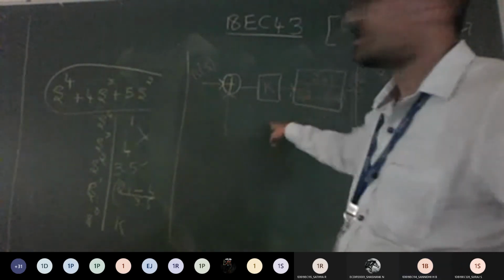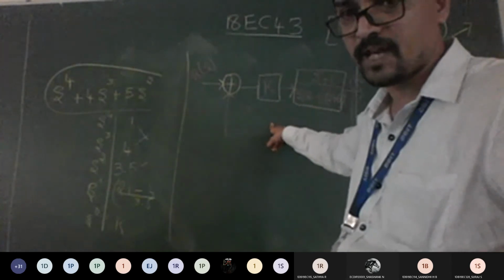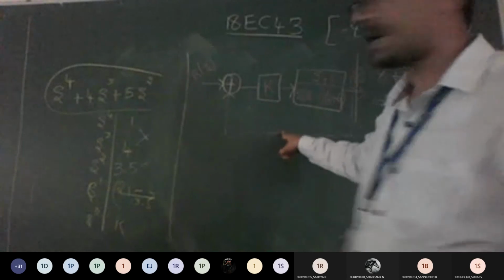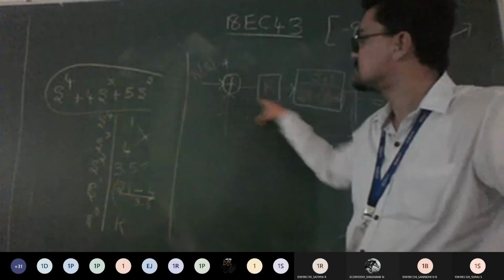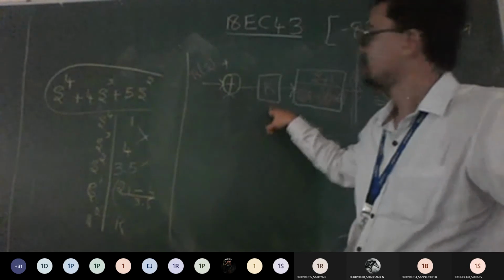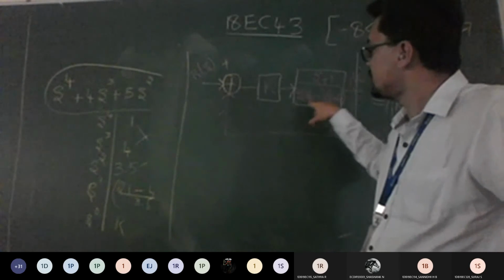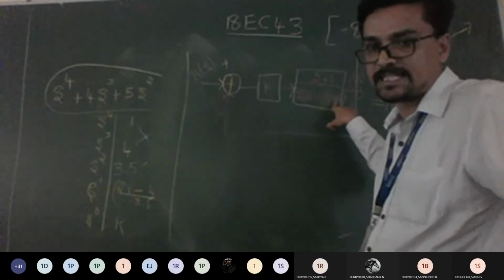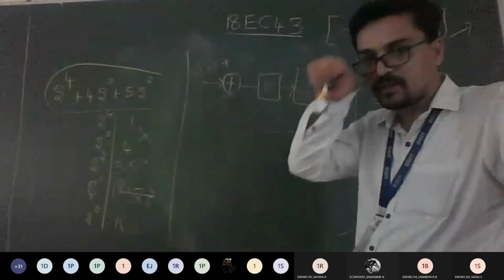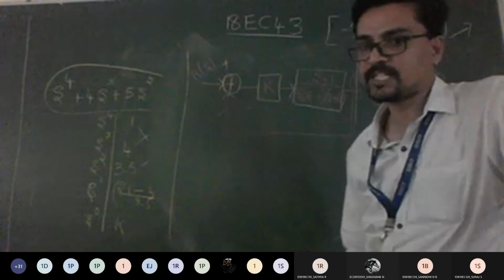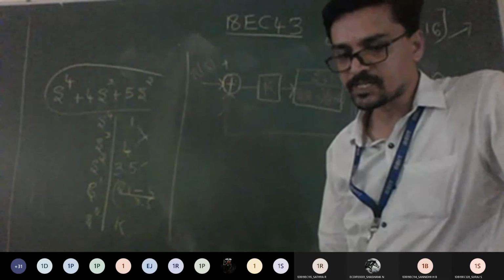Okay, I'll repeat. Same question as you used to write earlier: you need to find the range of k for the system to be stable. The diagram is given here. R of s, summing point is there. K is one block. Again you have one more block with s plus 1 divided by s into s minus 1 into s plus 6. Is it okay now? Feedback is unity feedback. What is the only change from the previous problem? Can anyone tell me?